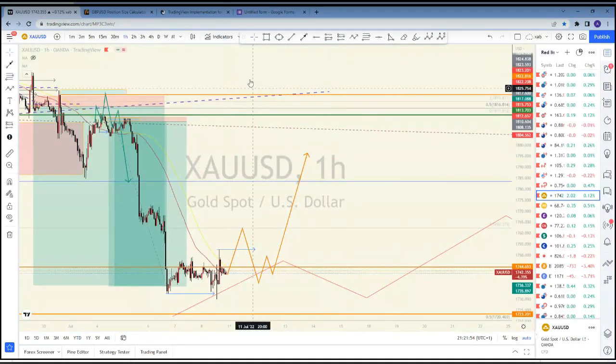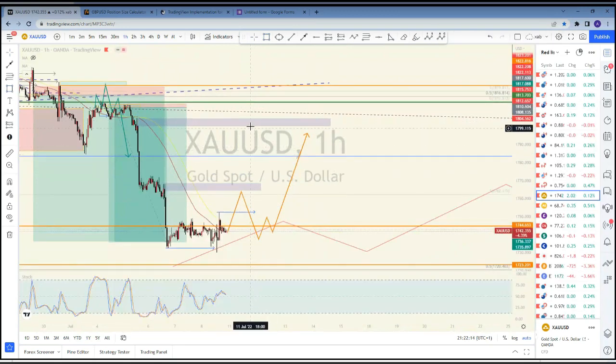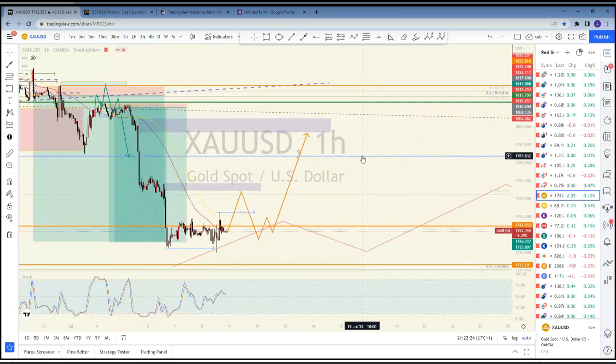Okay, so you see that we have this order block right around here. There's another block right around here, and then we have another one sitting right here. But for security reasons, we might just want to see it like this. As far as this is concerned, you can see that my stochastics is not giving a clear direction yet.